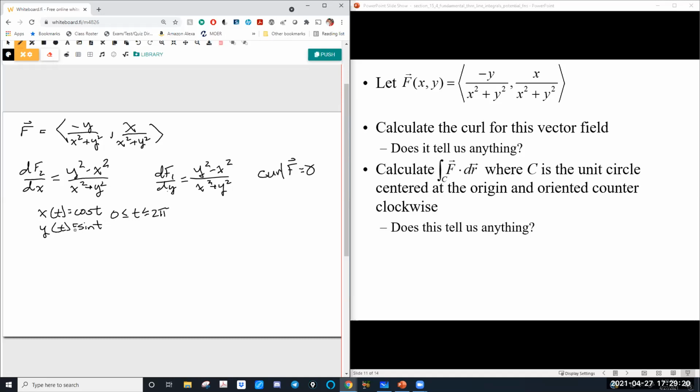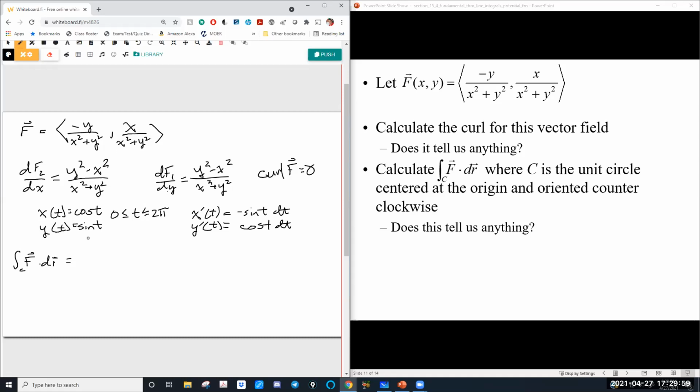That's our circle. Now I'm going to actually do this line integral of this vector field along this path parametrically, the way we were doing them last week. So I do need x prime of t, y prime of t. This will be a little bit of review. So negative sine of t dt and cosine of t dt. All I'm doing is taking the derivative of our parameterization. And just as a reminder, we're doing the line integral of f dot dr,